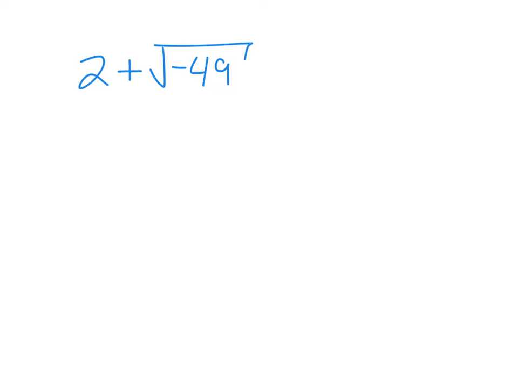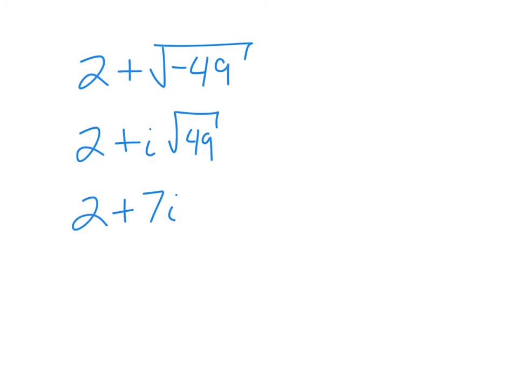All right, so I believe that's true anyway. So just make sure, this is a rule of thumb for imaginary numbers. If you have a square root of a negative number, you have to change it to an imaginary number first. Otherwise, you're going to lose a sign along the way. It's not very difficult, but this would become 2 plus i square root of 49. And then the square root of 49 is 7. So then our complex number would look like that. That is standard form. Where this would really matter would be something like